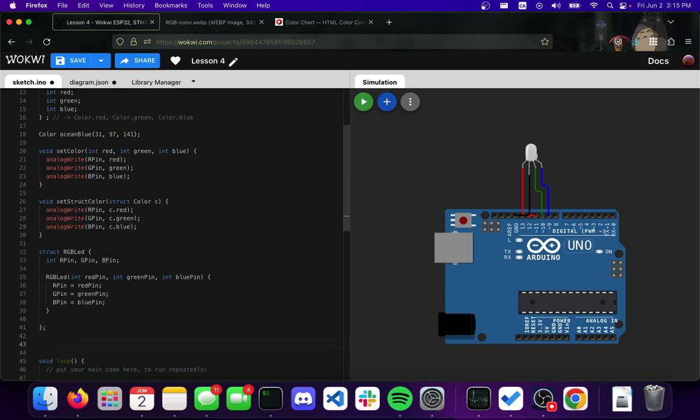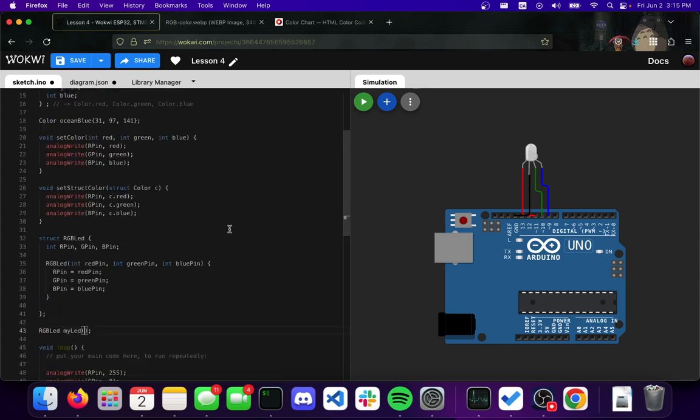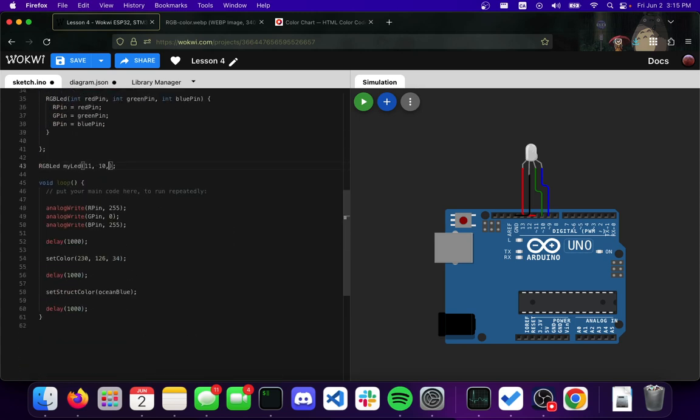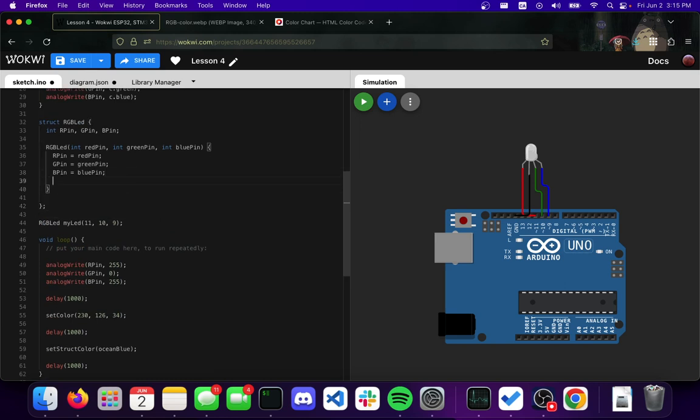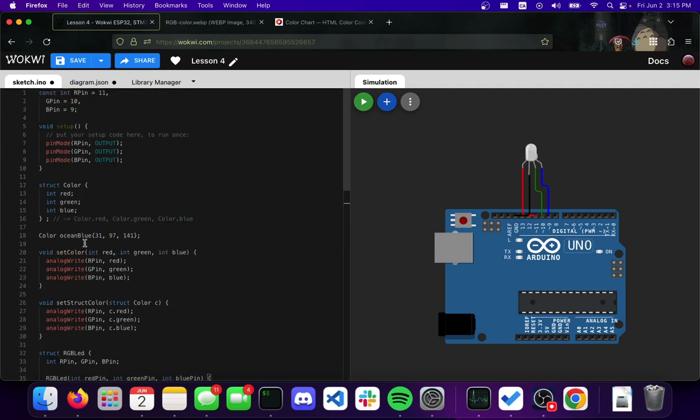So how would this look on the outside? I think that's the more important question. What we can do is we can now make an RGB LED, and we'll call this myLED. And I can initialize it like this. So instead of using graphing paper like this, I can initialize it with this function like this. So now I can say, well, we know our pins are 11, 10, and 9, so I'll just do 11, 10, and 9. And the benefit of doing this is that now we can add more functionality inside of initializing it,